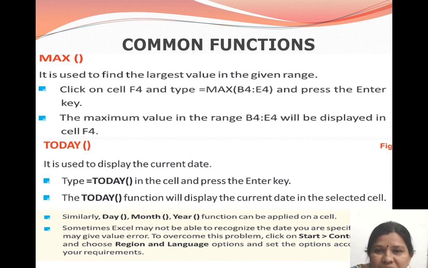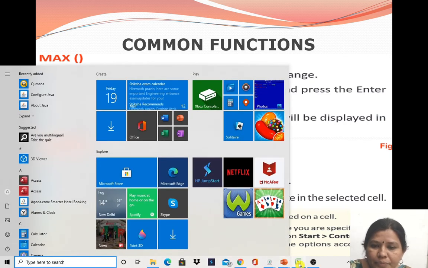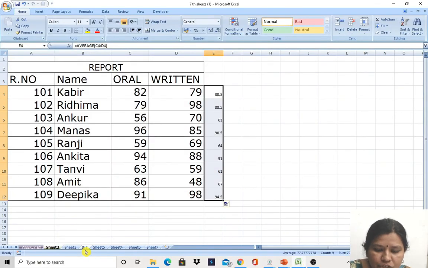To find the largest value in the given range. And like that, we can find the minimum also. Okay, MIN, open parenthesis, and then using the cell addresses. I will show you how to do that part also.